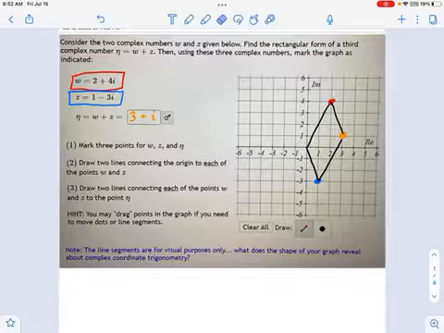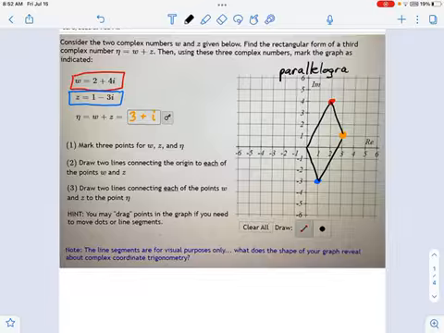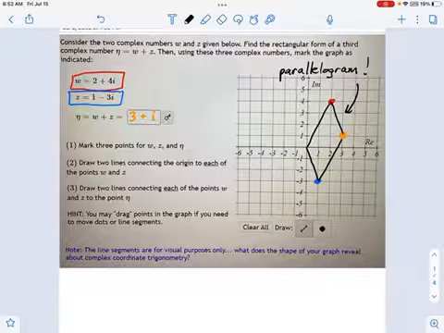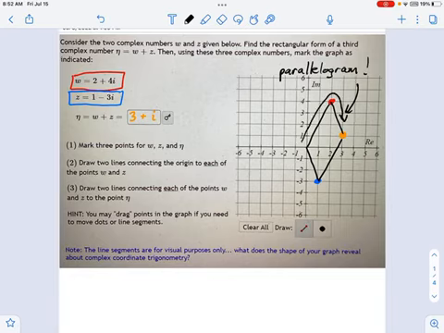What I think is interesting about adding complex numbers together is you always end up with a parallelogram. And basically the reason we're ending up with a parallelogram is because when you're adding complex numbers, that is a commutative process. It doesn't matter if we said w plus z or z plus w, we get to the same place. So in other words, you could go this way to get to that point, or you could go this way, but they are symmetric processes. So that's why we end up with the parallelogram here.